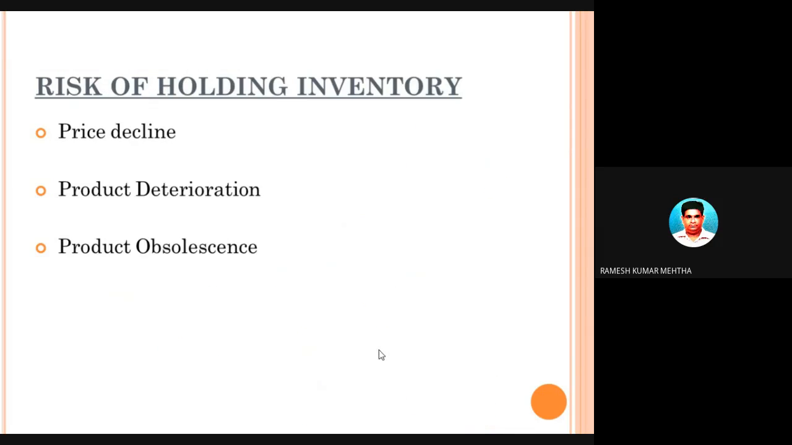Okay, next one. Now, risk of holding inventory. What are the risks which are associated